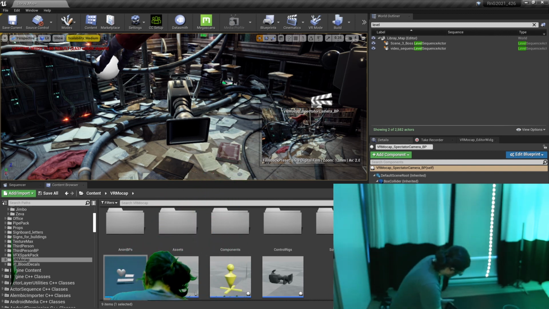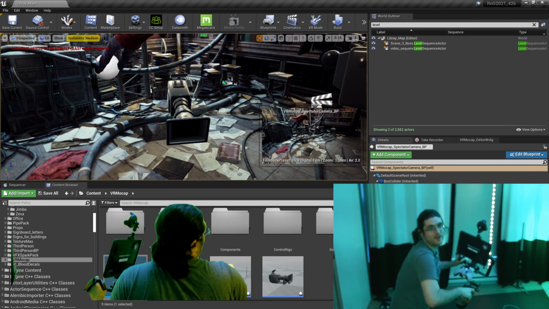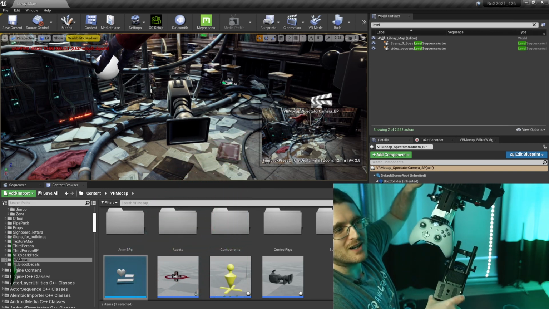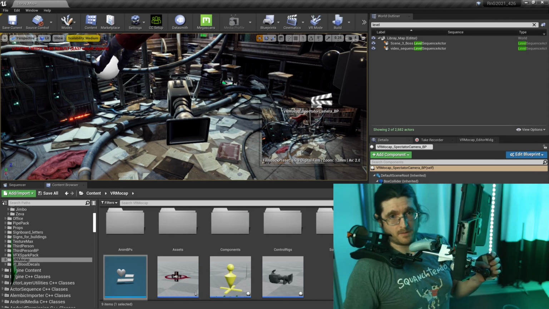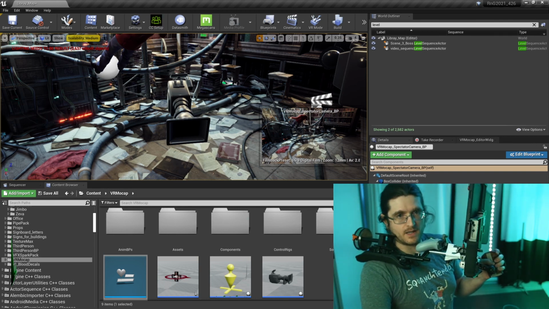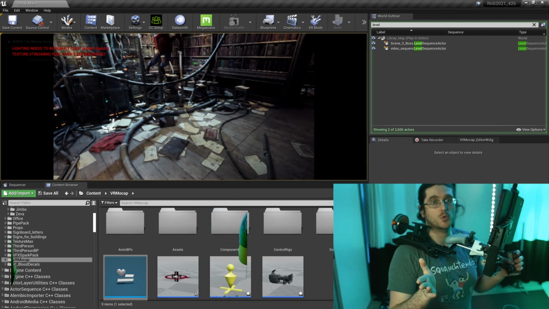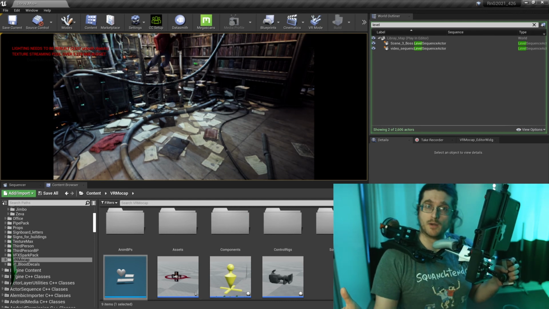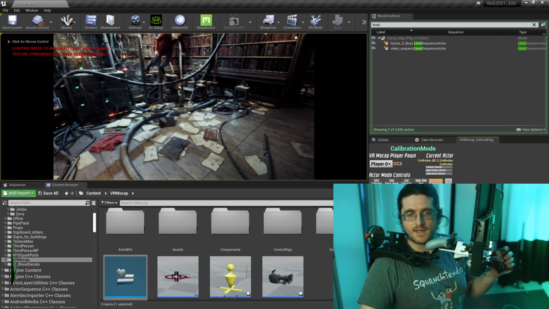So the way I coded this originally was intended for you to be capturing this while a person is acting, so you can actually get the witness cam alongside the performance. Oh yeah, another important thing about this Xbox controller. All right, let's run this. The reason being is that if I press play, you notice this isn't controlling it at all. And that has to do with what kind of game mode we're in. So we default into the calibrate mode, remember, as far as VR Mocap actors go. But if I say calibration's done,